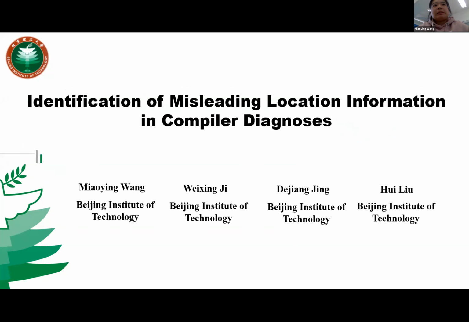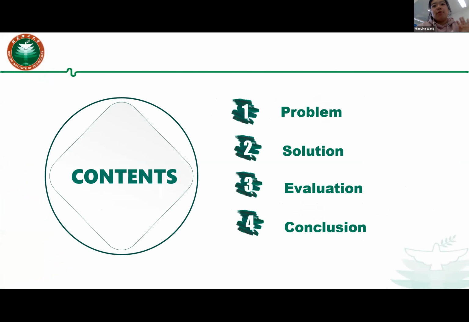Hello, everyone. My talk is about identification of misleading location information in compiler diagnosis. I'm Wang from Beijing Institute of Technology. My talk is composed of 4 parts: problem, solution, evaluation, and conclusion. Okay. For the problem,